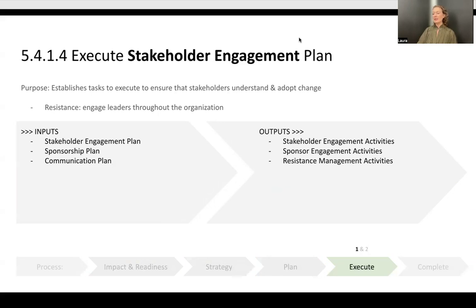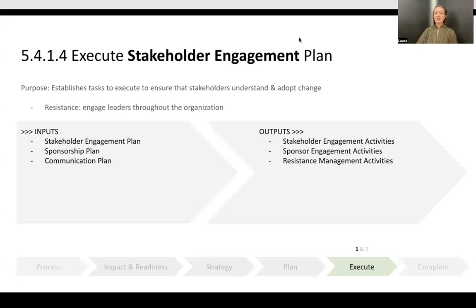Addressing and managing resistance to ensure successful transition to the future state should engage a number of leaders within the organization. Key aspects of job roles, performance management, learning needs, and organizational development resources should be considered and reviewed regularly throughout the change initiative. These reviews should involve regular communication with leaders and supporting functions as needed to ensure resistance